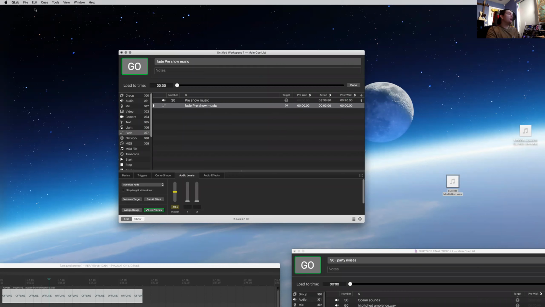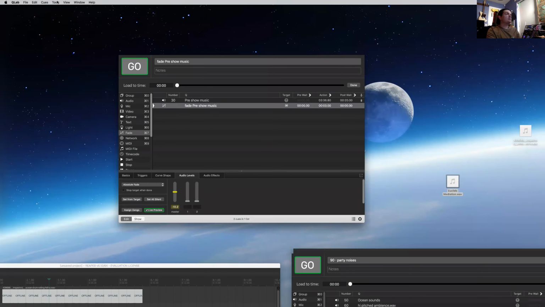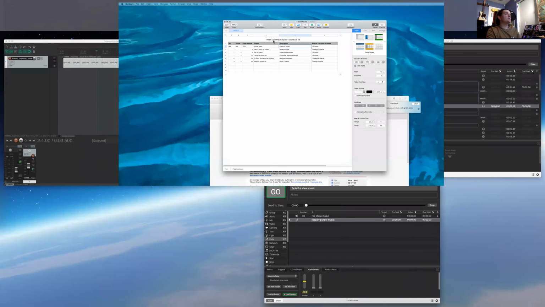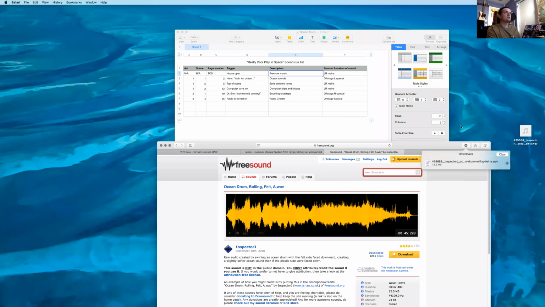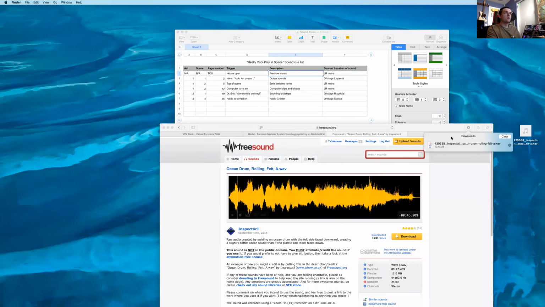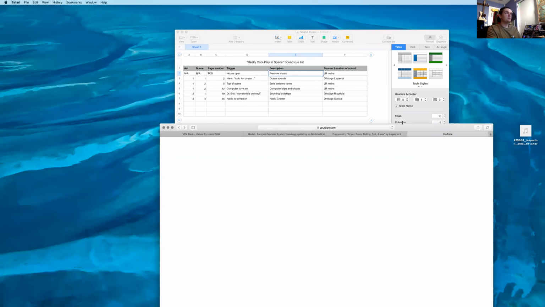Okay, I'm going to show you another way to get another one of our cues if, for example, you can't find the exact sound you want on free sounds, because that's going to happen. There's billions of sounds on the internet, and one website's not always going to have the exact one you need. So we're going to go to our trusty friend YouTube over here